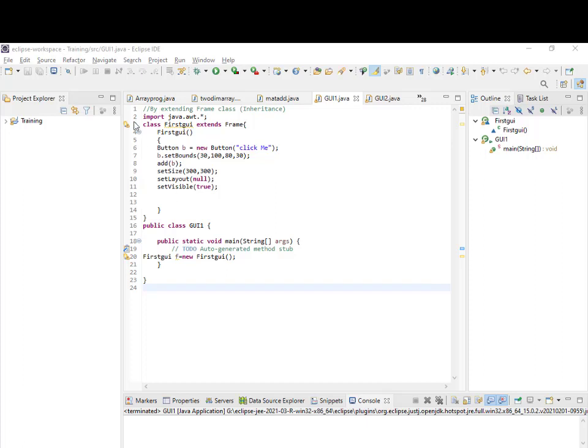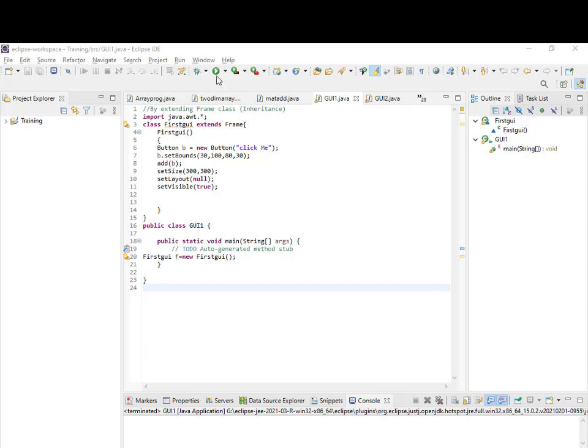Okay then, so now this is your program which I have already written in Eclipse. So here I am going to use the Eclipse IDE. So for the rest of my video sessions also, we're going to use Eclipse as the IDE. Now this is the program which is creating a frame class through inheritance. So you can see that you have import java.awt.*, then you are creating a class called FirstGUI which extends the Frame, then you have the constructor and you have the main method here.